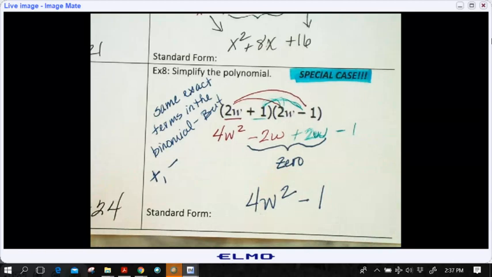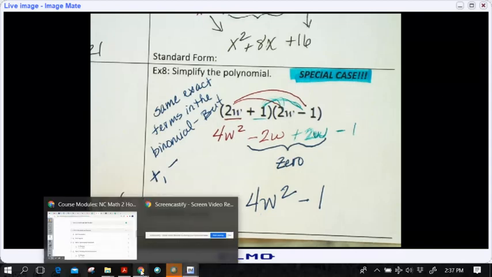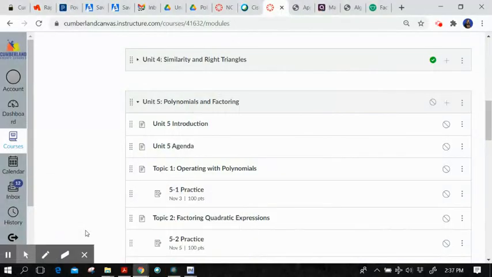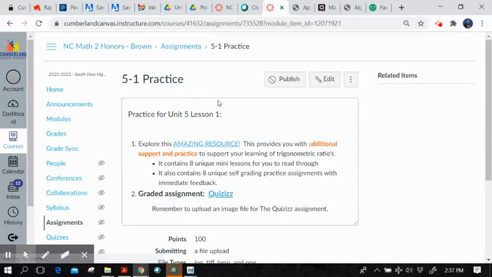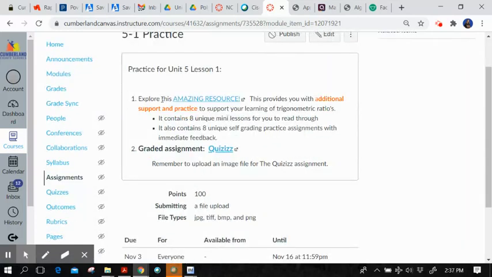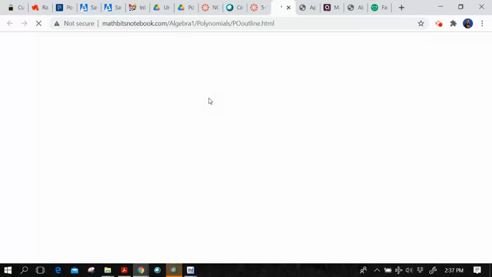All right, kiddos, there is a practice assignment posted for you on Canvas. I hope that this really quick review of working with polynomials helps us move a little bit more quickly forward in our unit. If you do need extra assistance or practice and review, it is posted for you in Canvas, and I just want to show that to you. If you go under the 5-1 practice, it is not a requirement here, but this is an amazing resource. If you click on this,